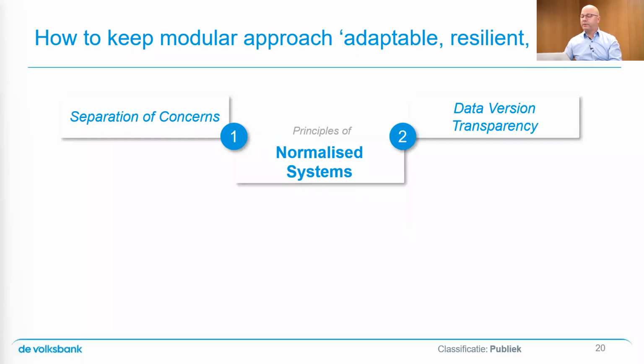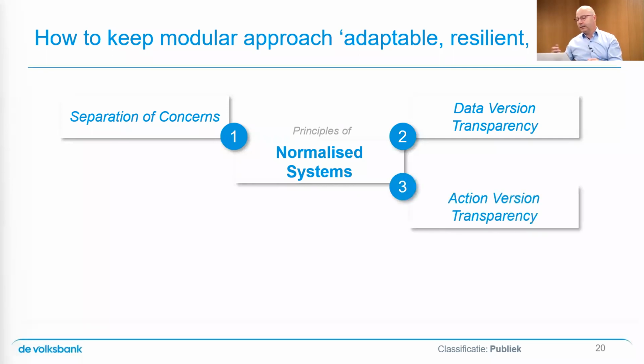Data version transparency is a very simple principle, but it has severe consequences: a business application or business functionality should be able to take in different versions of data and not complain, hey, that's the wrong version, I can't deal with you right now, or I can't help you. It should be really transparent. It should take in any information that it can get and deal with the customer as well as possible.